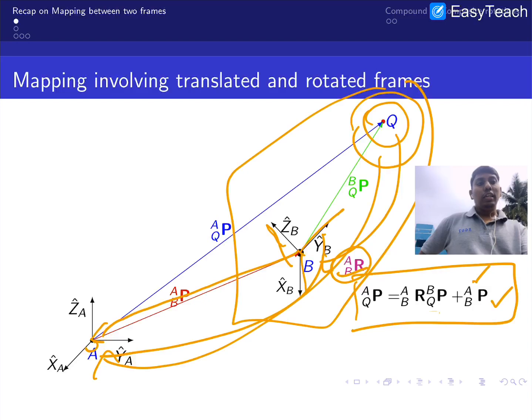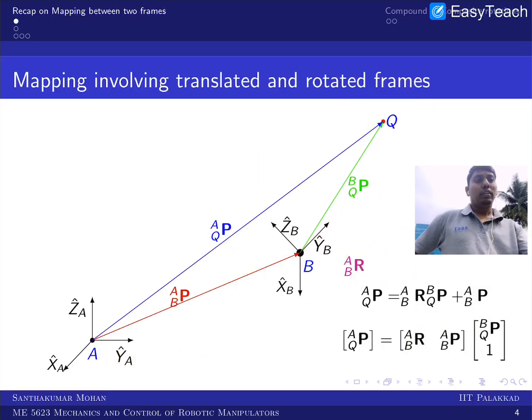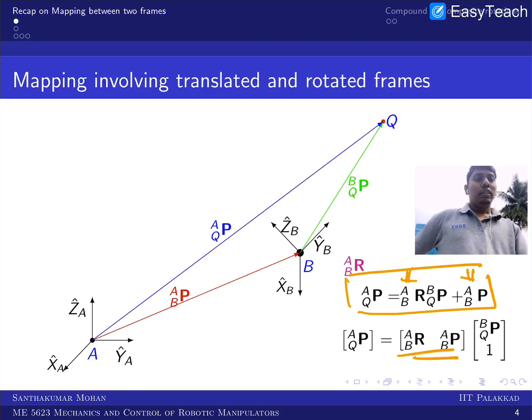After that, the Q information with respect to B is known, and you are orienting it, in the sense you are transferring that information with the help of the rotation matrix. This we all agree. Now what we can see? This is what we have got, but I am combining these two into a single matrix like this. Then you can see that there is one additional factor coming, which I simply call a scalar, which is 1.